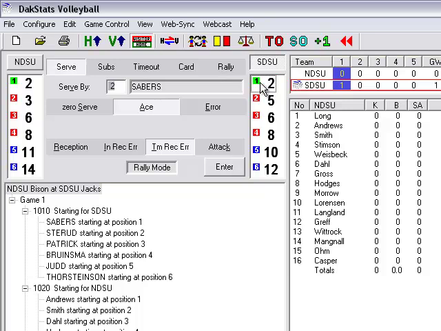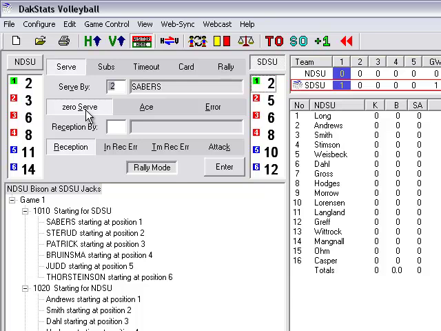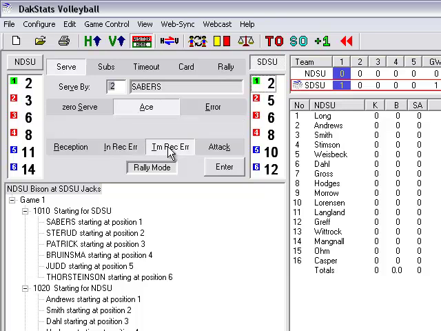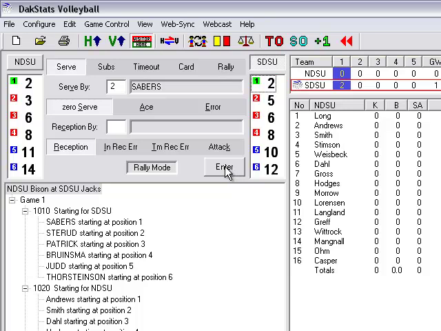Next, select the type of serve. Zero serve is the most common type of serve and is the default selection. With this type of serve, play continues as the serve was neither an ace nor an error. If the serve resulted in an ace, select ace. Enter the result of the serve. For example, select Team Receive Error and then click or press Enter, and a point will be recorded for the